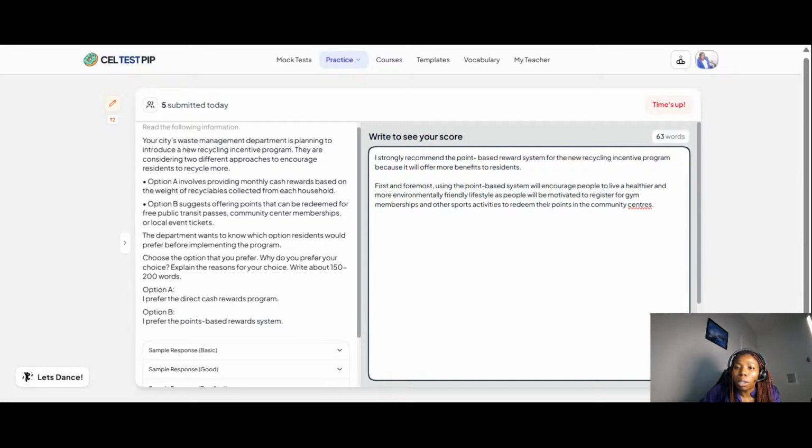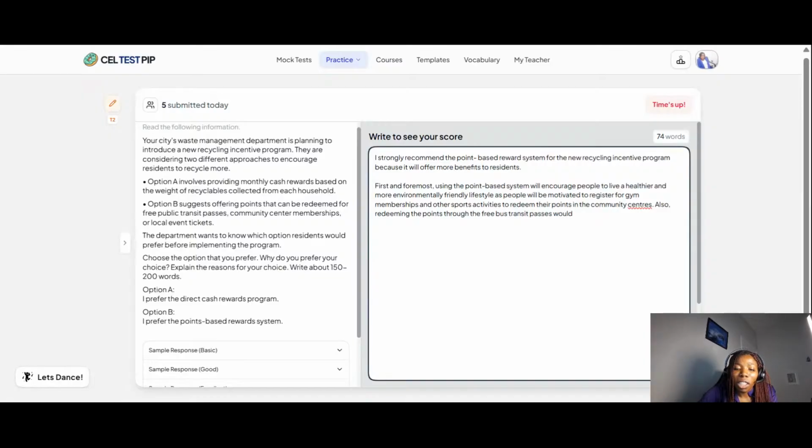In addition, if I want to include more things, like free public transport: also, redeeming the points through the free bus transit passes